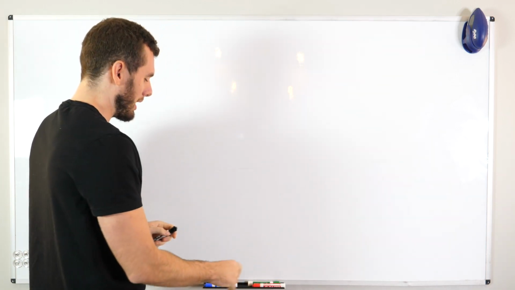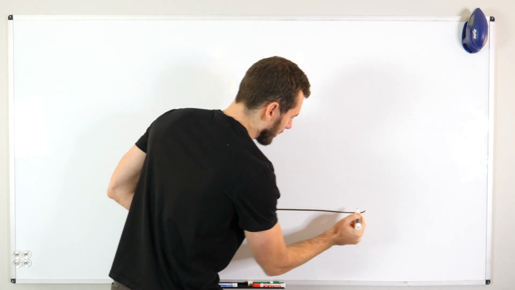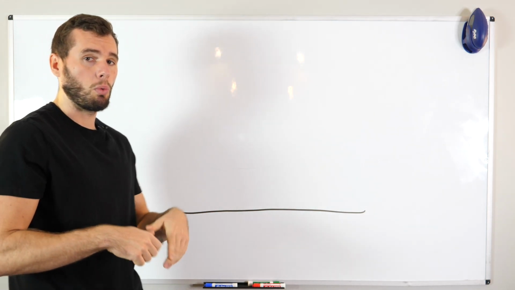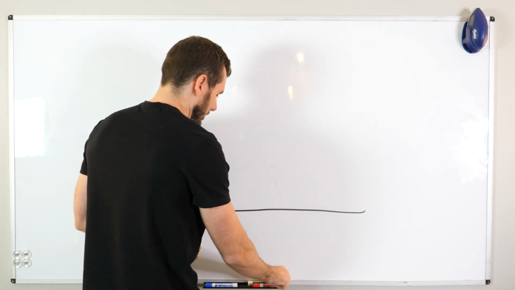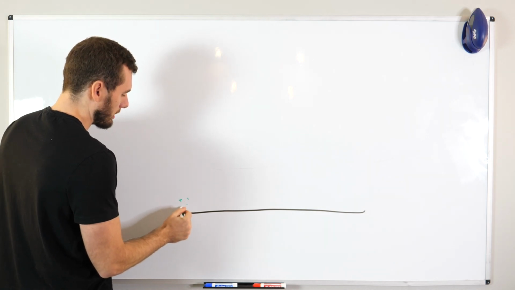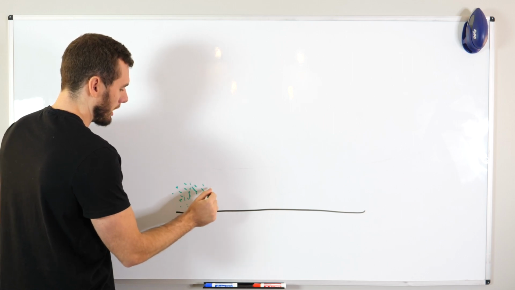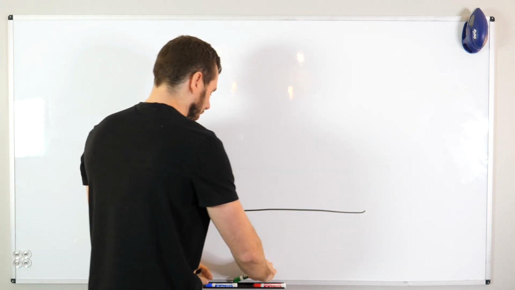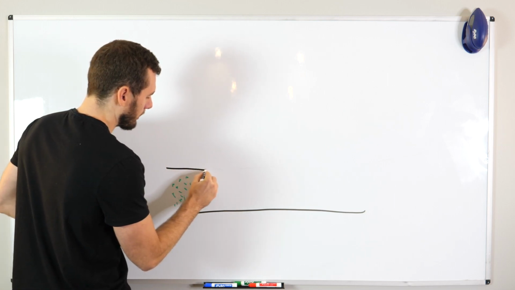So let's start off really basic here to help you guys really understand what's happening. Let's call this the market floor. This is the very bottom layer of the market when we're marketing, let's call it on Facebook. Now, when people advertise inside of Facebook, we'll call these green people here. So when people run advertisements, this is going to boost the market floor up. And this is where you're going to get your cost per impression, your cost for your leads, whatever that may be. So let's go ahead and put that right here.